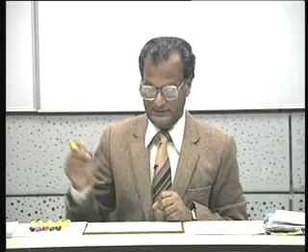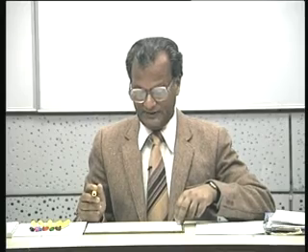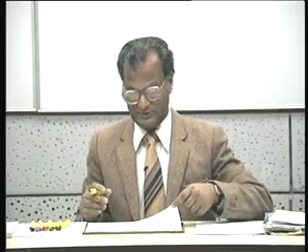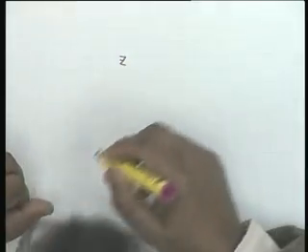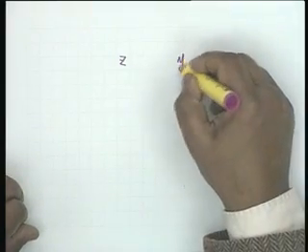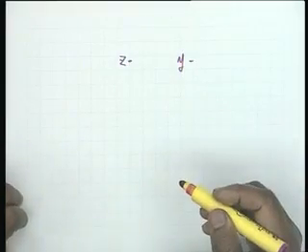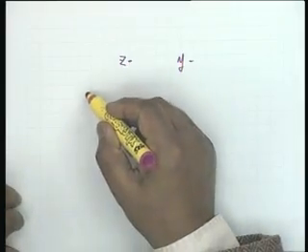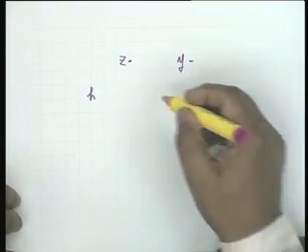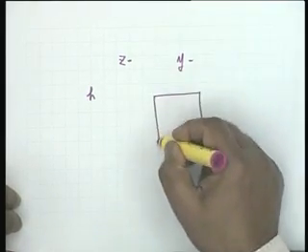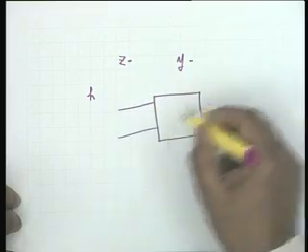This is the 24th lecture, and we are going to discuss the hybrid and transmission parameters of two ports. We have already discussed the open circuit Z parameters and the short circuit Y parameters. The hybrid parameters, or the H parameters, are defined like this. Our convention for the two port is the same.